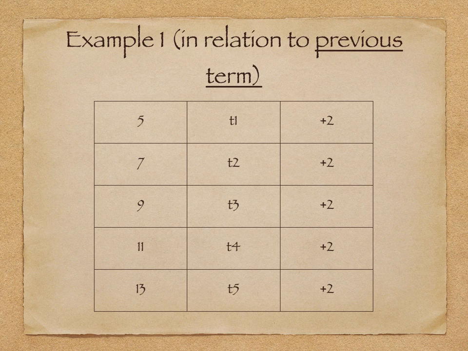But what you do is you add 5 plus 2 is 7, 7 plus 2 is 9, 9 plus 2 is 11, 11 plus 2 is 13. Okay? So, if we were to look